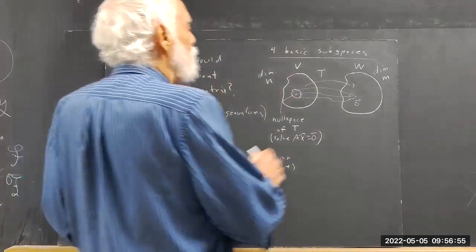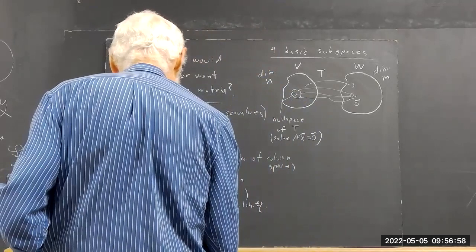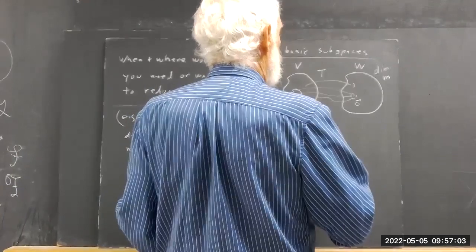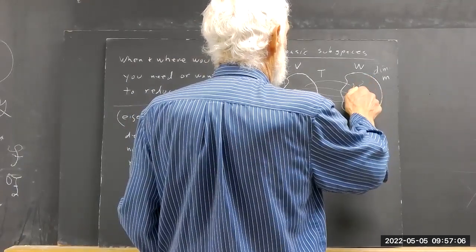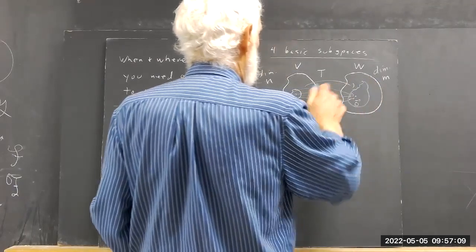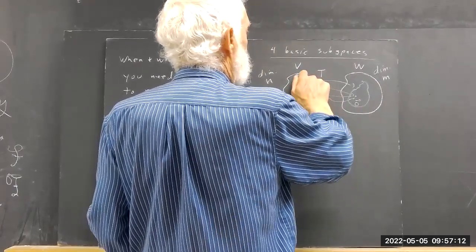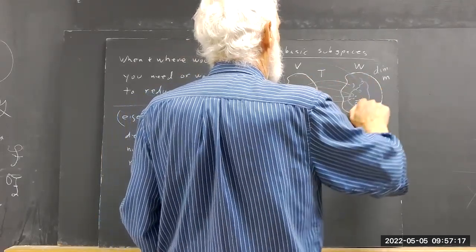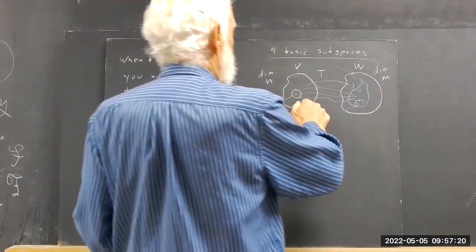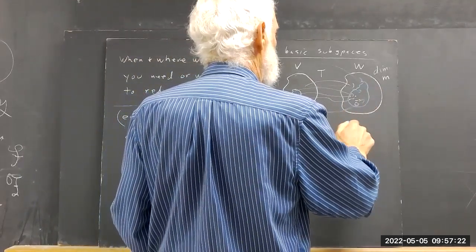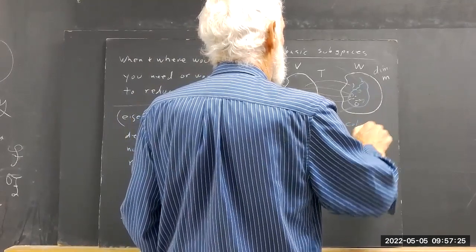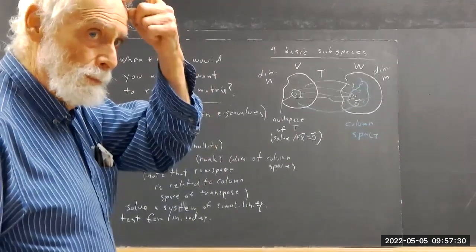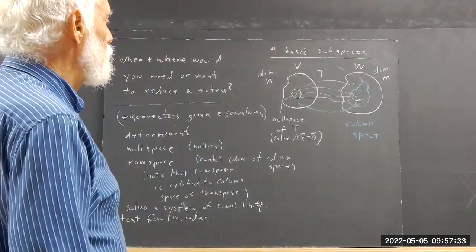Okay, so anyhow, then your whole space maps over to the column space. The column space, of course, includes your zero vector. Okay, so the whole space maps into your column space. Now your column space